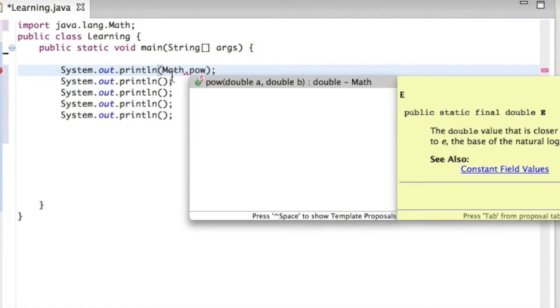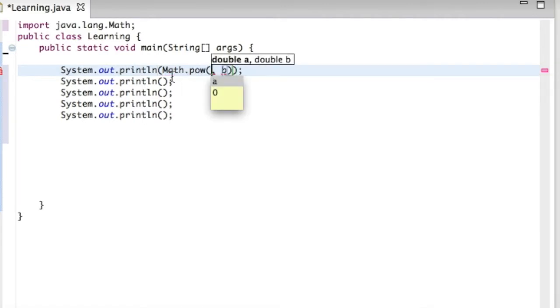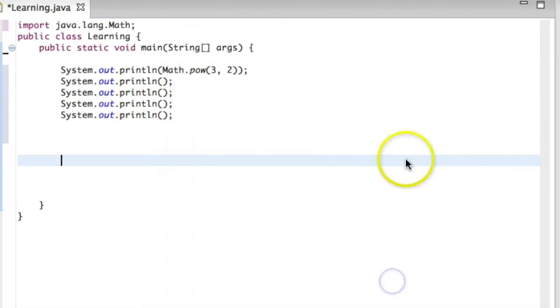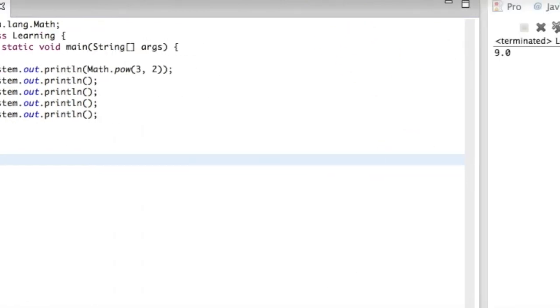And then we're going to look at the pow method. What the pow method does is it takes the power or the exponent of the two numbers that you put. So you put two doubles. What I'm going to do here is 3 and 2. So if we go ahead and run this, you'll see that it'll print 9.0, and you're inputting two doubles, so that's why it prints out as a double